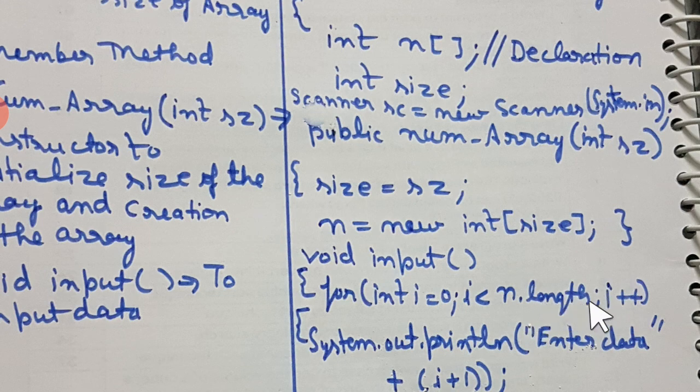Whenever you want to access any array's length or size, you always use this length. And here you notice I have not written any parenthesis after length, because that is always done in the string, where length is available as a function. Here it is not available as a function, it is the attribute.